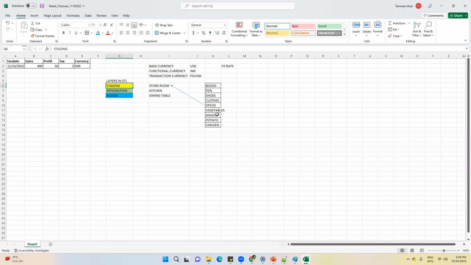Good. See, suppose I bought these items. Okay, I'm feeling very hungry. I thought, okay, let's cook the chicken. What will I do first? I have bought the chicken. I will directly put it in some container, utensil, and I will put some spices and start cooking.